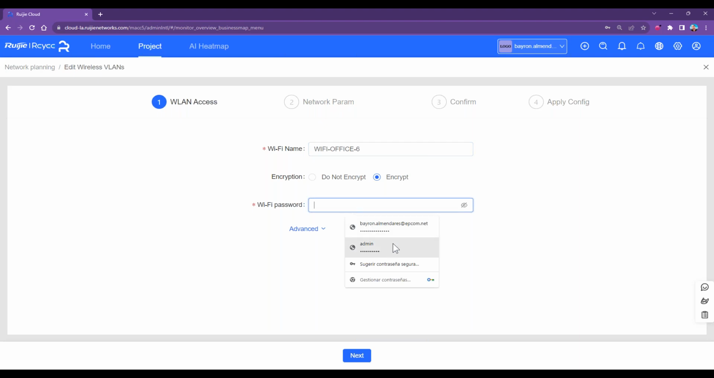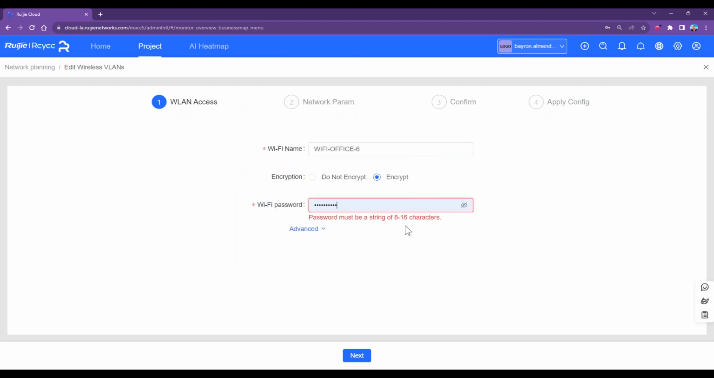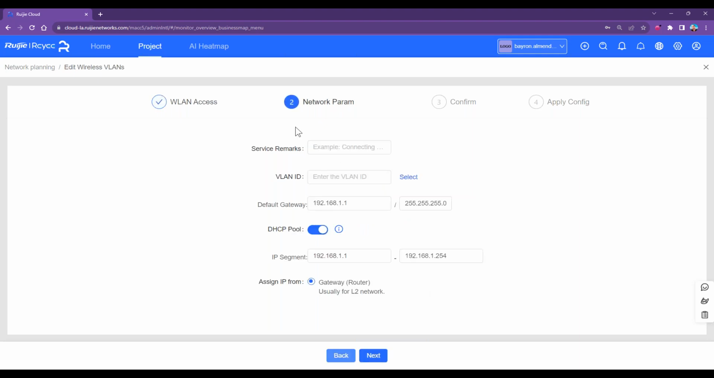We can enter a password or write a password if you want. Password must be a string of 8 to 16 characters, and then click on next. Here in service remarks, we had to enter a name for this VLAN. I'm going to enter VLAN Office number 6,